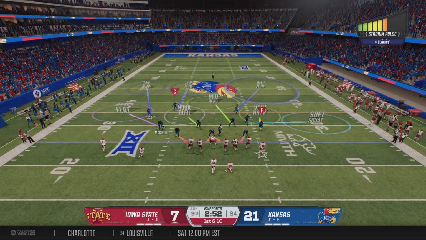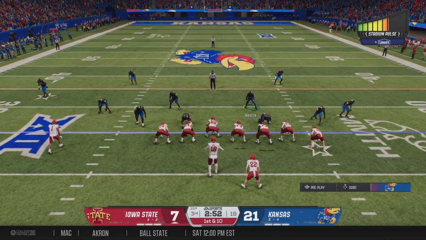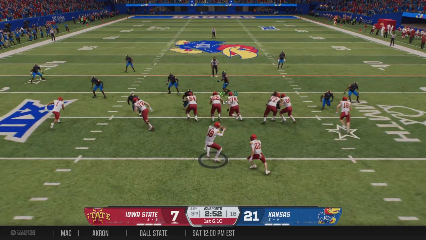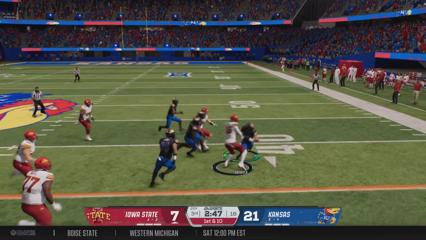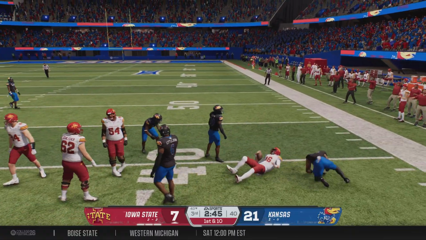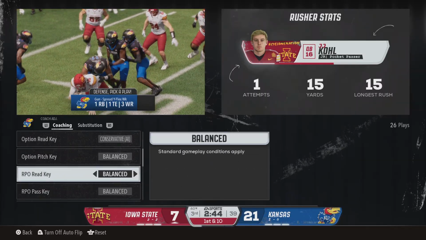Iowa State has the ball back. The Cyclones ready to go on offense. This is when the pressure can ramp up a little bit on an offense, David, when they start feeling the heat to answer a score. Turning it on! Good, solid pickup on that one. They've got it out to the 40, and it's first down.